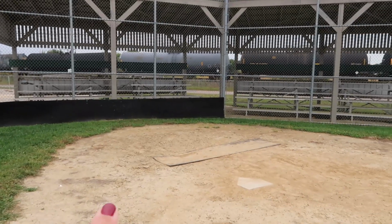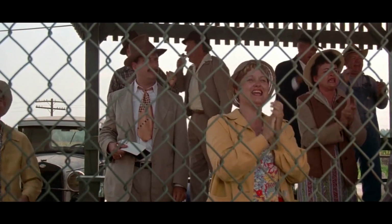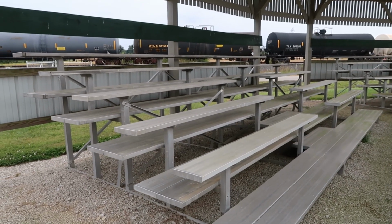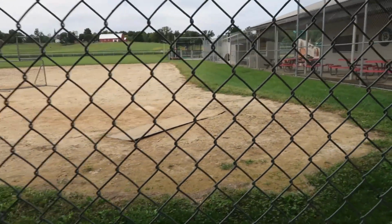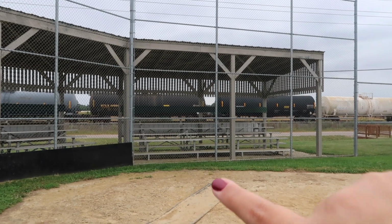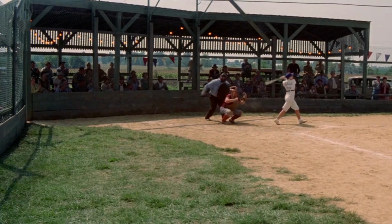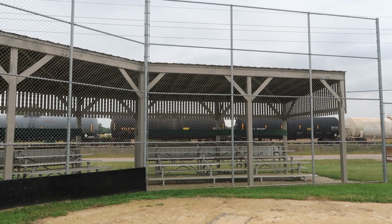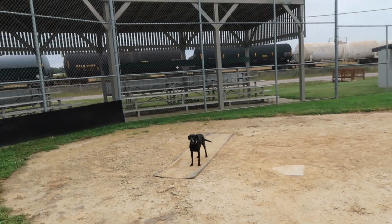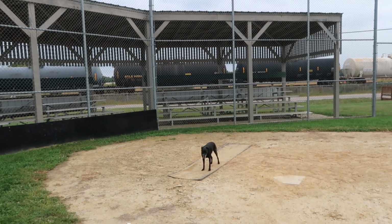There's the home plate. John Lovitz was sitting right about there. This would be his view looking at the baseball game. Looks fairly unchanged, like those slats, you can see those slats there. They're in the movie too. Oh, you're a good marker, kid. It's about right there where Carly's standing that Kit would have gone up to bat